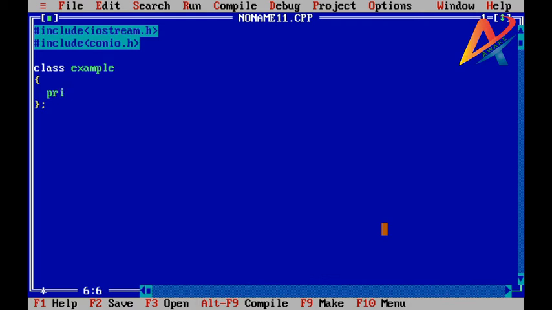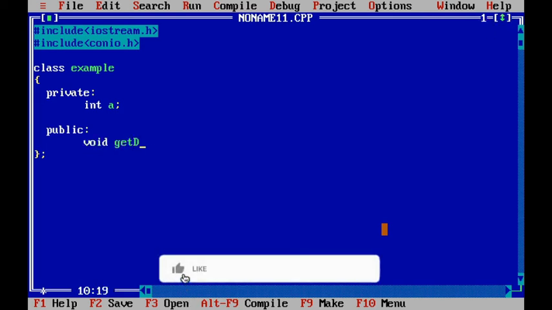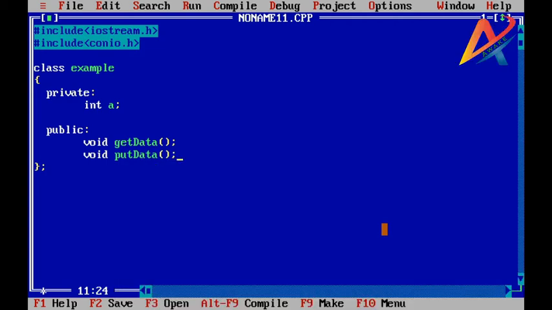In this class we are declaring one private data member integer a, and public member functions void getdata and void putdata. The getdata function is used to get or scan value from the user, and the putdata function will be used to print the data.